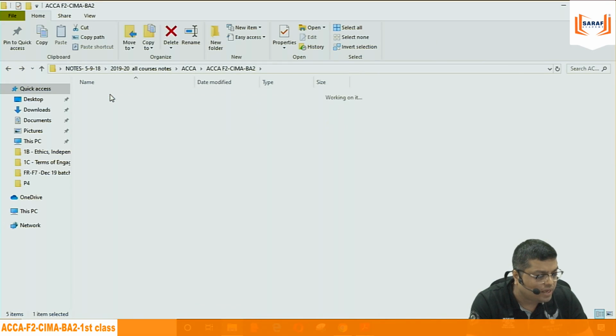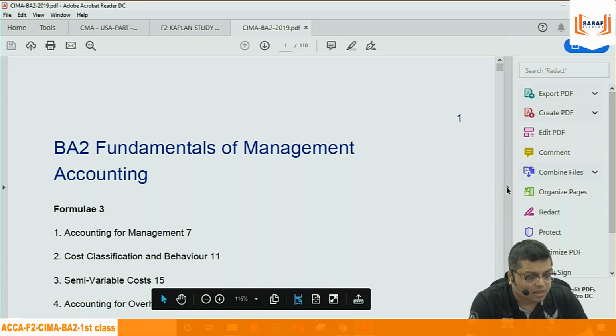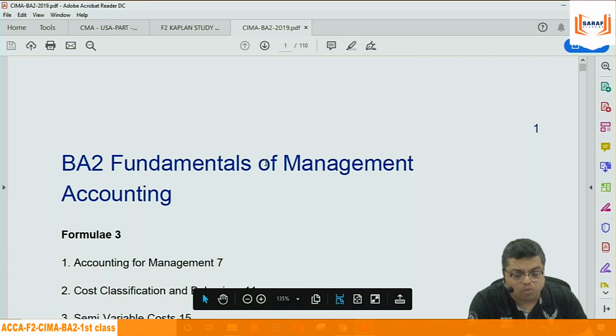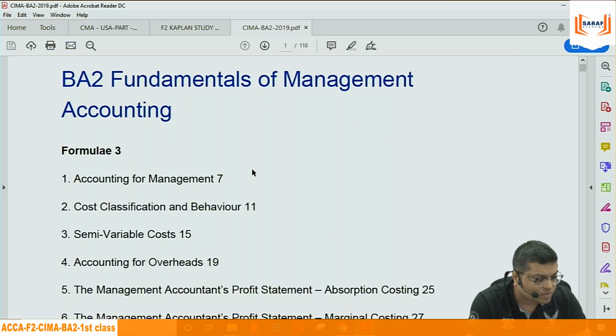If I go into the CIMA BA2 syllabus, for CIMA we will be purchasing new books in the month of November. The reason is only one. In November, the updated CIMA Kaplan material is going to print, and I want to purchase that updated material, not the old one. For that reason, we will be sharing the Kaplan material after around 15-20 days.